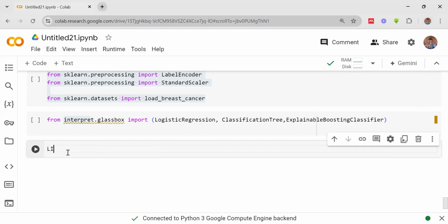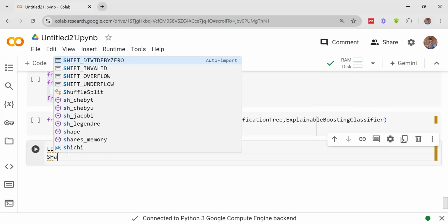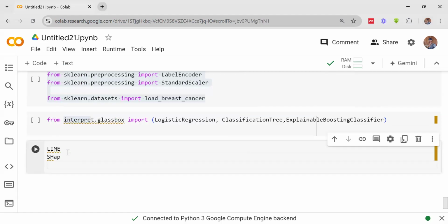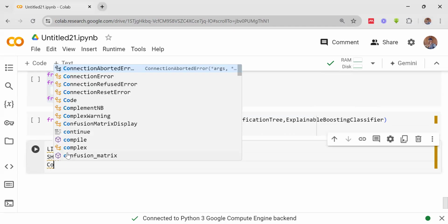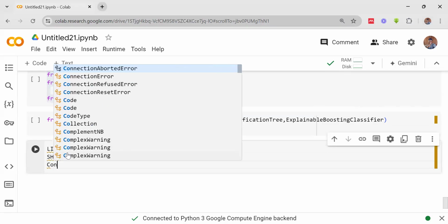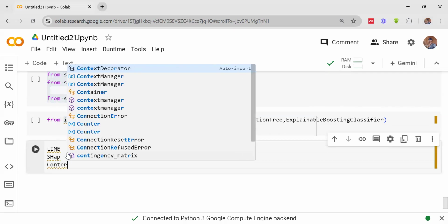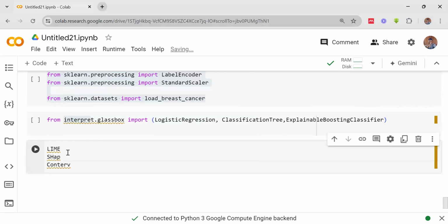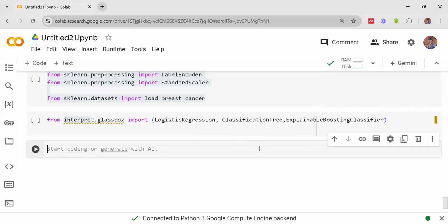And common examples of XAI are LIME, SHAP, counterfactual, and so on. We have different types of explainability, which may be beyond our scope, because we may not really have time to go through explainability, except